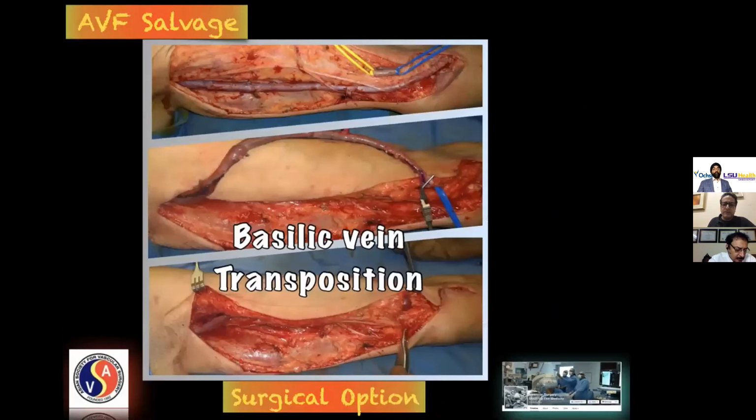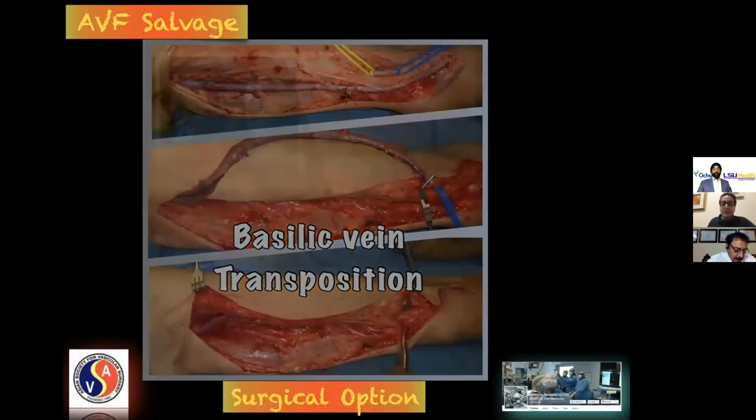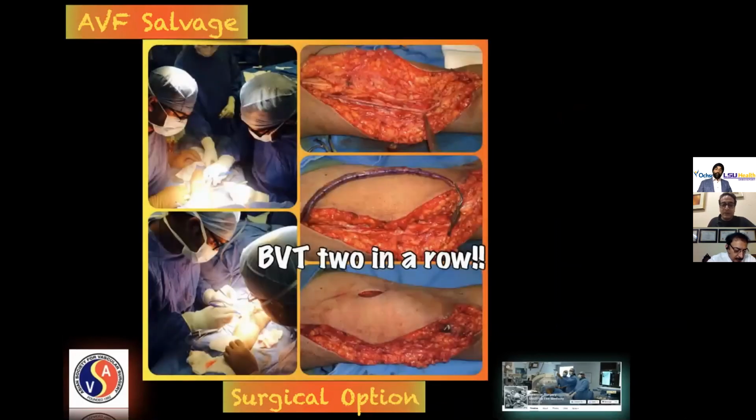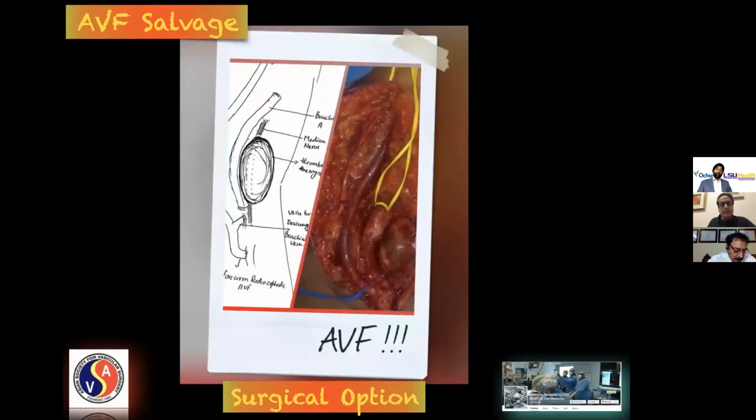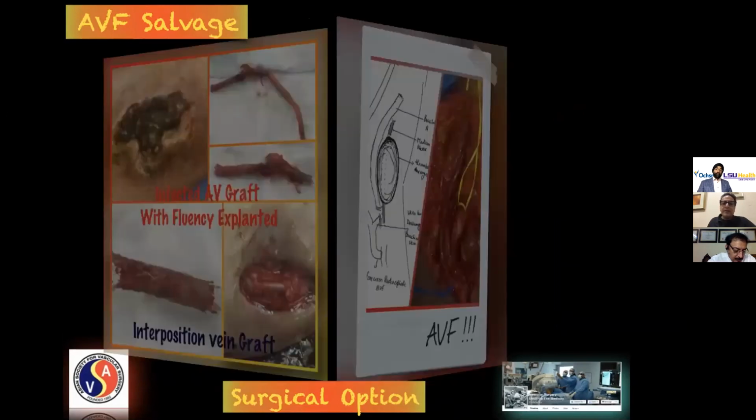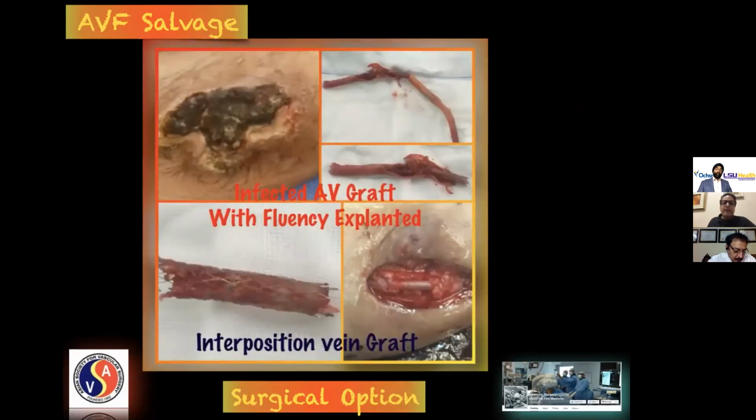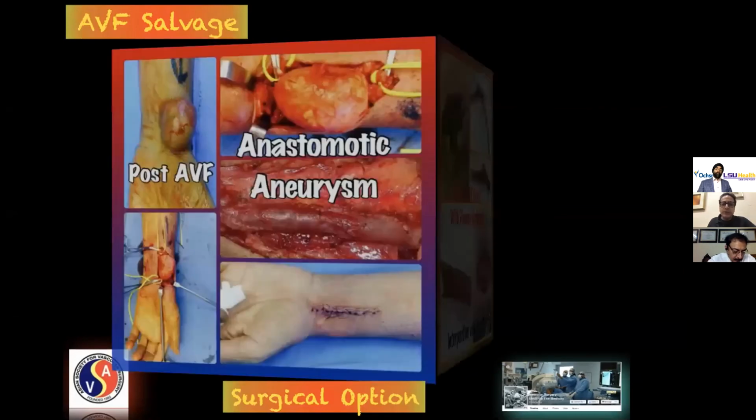And we do require, because we are surgeons, sometimes surgical salvage. If we are not able to salvage native fistulas, then sometimes we improvise and we do basilic vein transpositions for these patients. Sometimes there are aneurysmal dilatations which cannot be dealt with endovascular measures, so you need surgical repair for these patients. Infected grafts, excoriation, all these things. So a surgical backup is also very necessary.